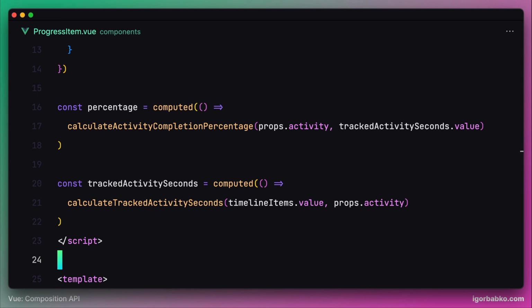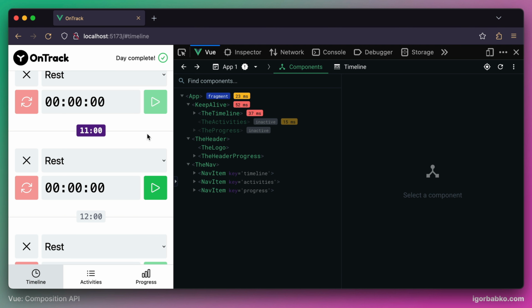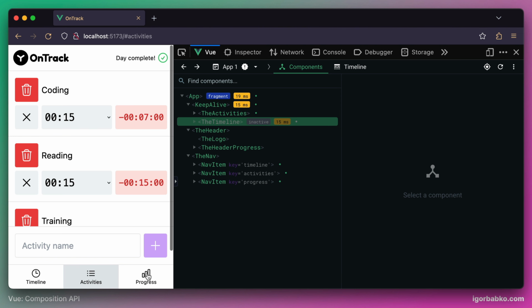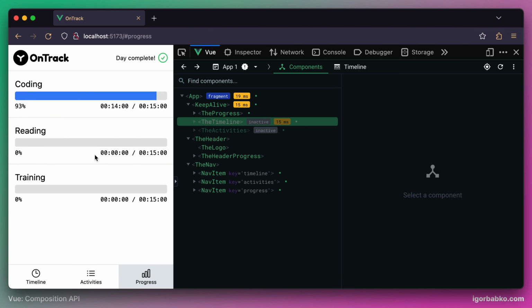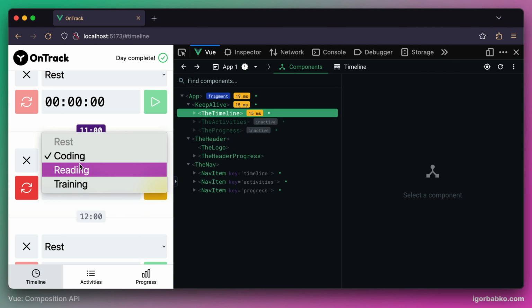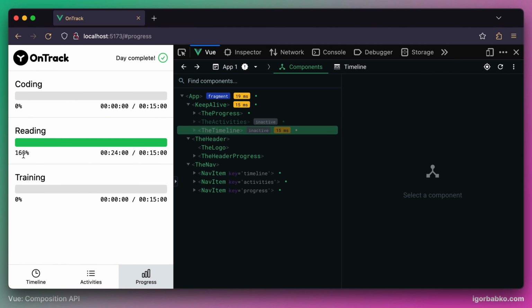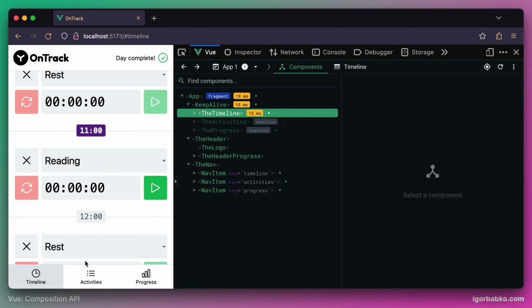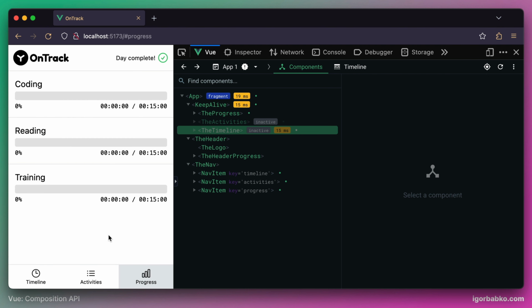As always, at the end of the lesson, it is important to check if our application still functions properly. So I'm going to start tracking time for the coding activity and check if on the activities page this time will be decreasing, and on the progress page the scale will be increasing. So far everything is working as expected. Let's also select a different activity and verify that now a different scale is filled in. And finally, let's reset the timer as a stopwatch and make sure that all percentage values on the progress page will be zeros. So far so good, our refactoring was